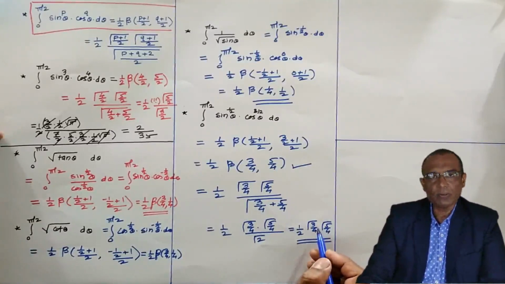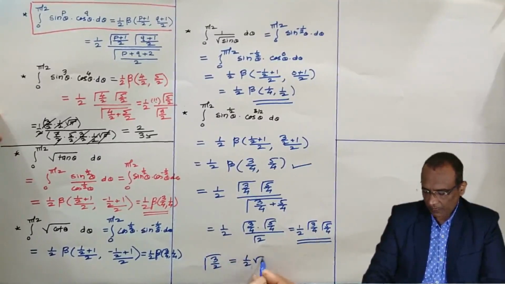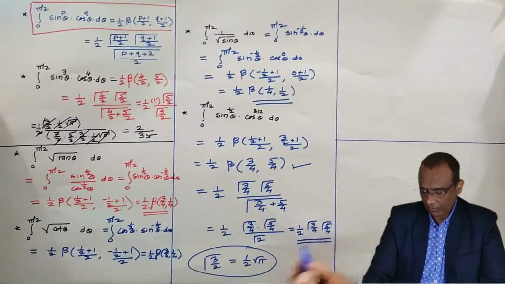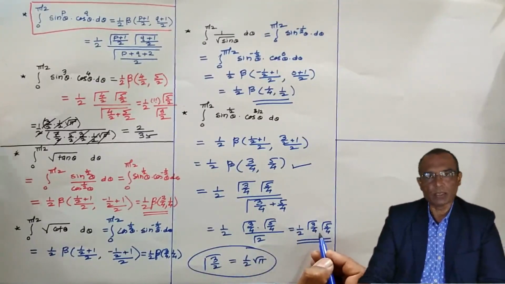So you cannot solve it further, and don't try to solve it further, because if in the denominator 2 is present, if suppose this type of thing is there, gamma 3 by 2, so it can be resolved in this way. But we have 4 in the denominator, we don't have 2 in the denominator. Therefore, you can keep this as the answer.